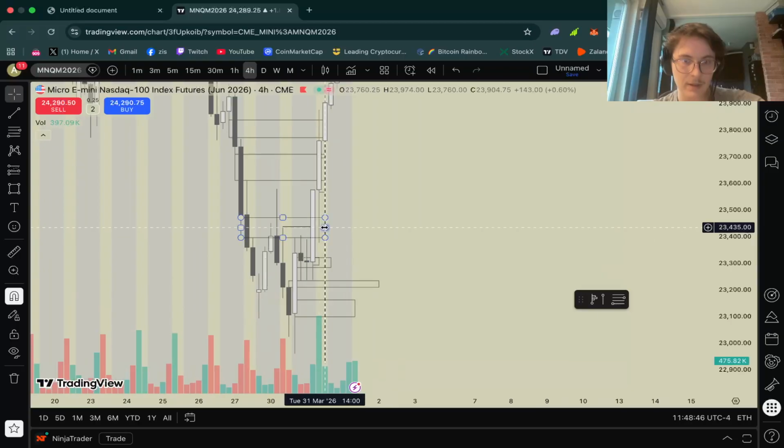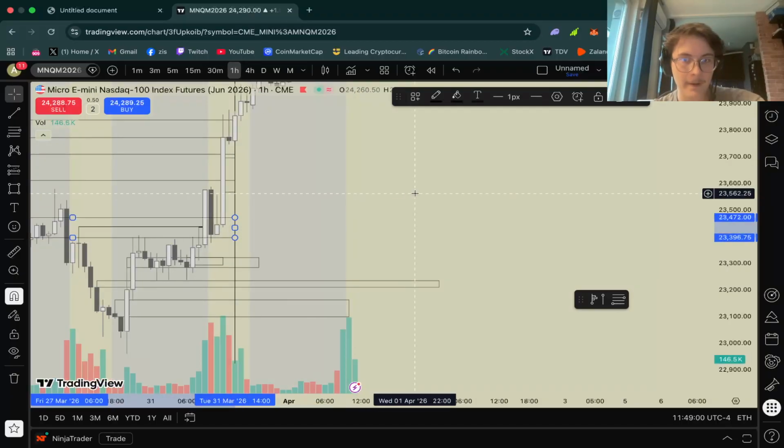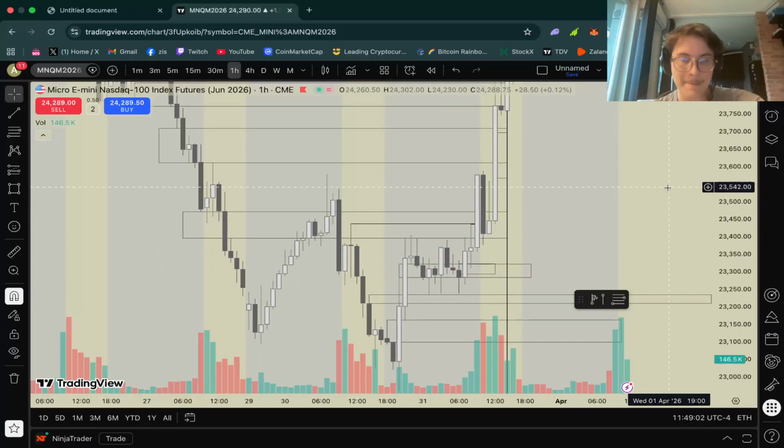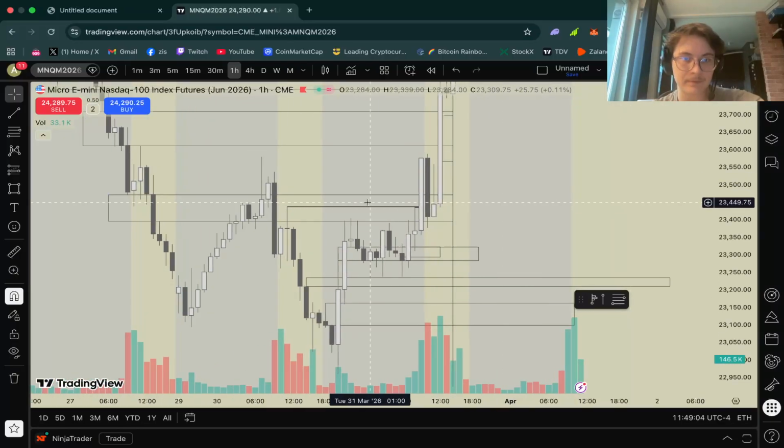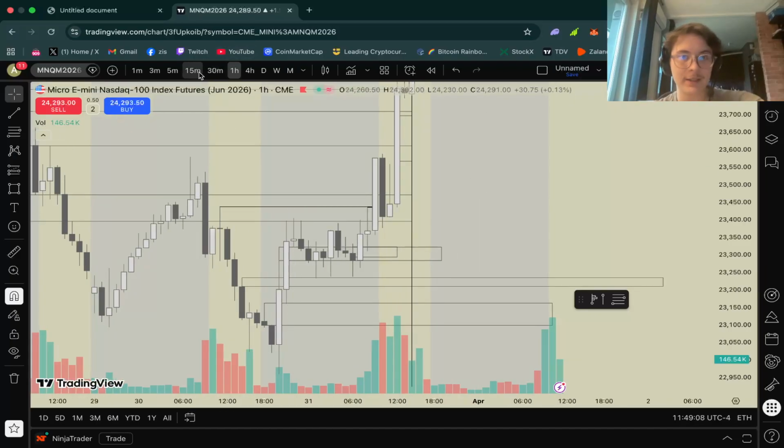Where is this? We are here, right? We were at this point, inside of this 4 hour bearish fair value gap. Of course, like I said at the beginning, this would have been my zone of interest, not this anymore, because this has been fully mitigated. But that was the mistake, right? Well, not the mistake, but something I didn't consider.